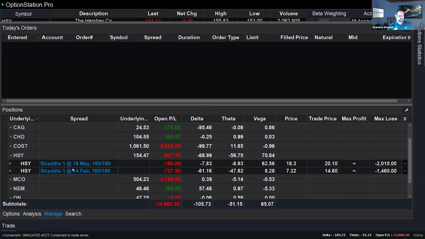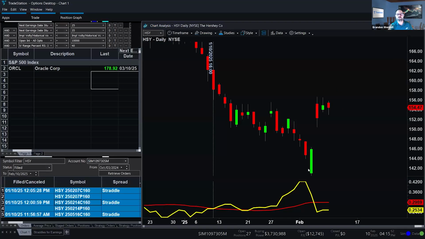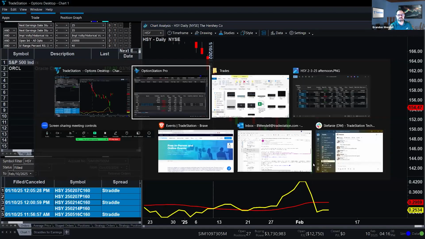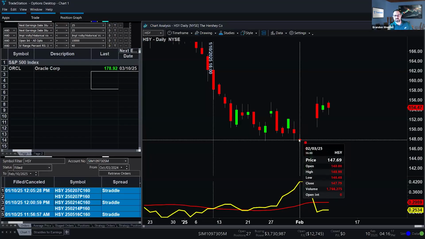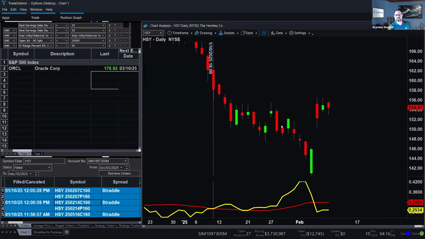There's better rewards. And in this case, I apologize, I can't seem to get that picture right now, but if you had exited the day before the earnings when we were trading at about $141, or even before that, right around 146, again, the delta wasn't going to give you that much of a difference here. You're only talking about maybe $4 of price movement. And let's see what the delta was in the picture. Yeah, there's where I took the picture on the third and the fourth and fifth, right in that area.